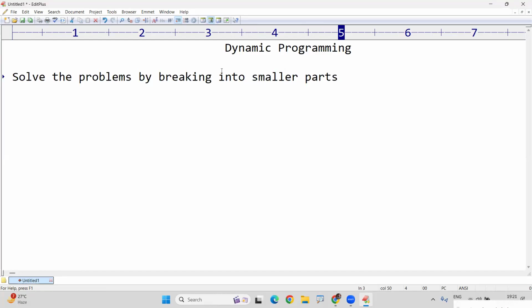One problem, we divide into multiple parts and store those parts' results to avoid